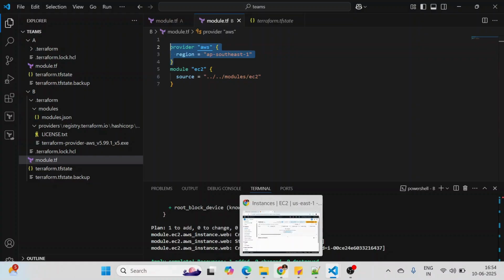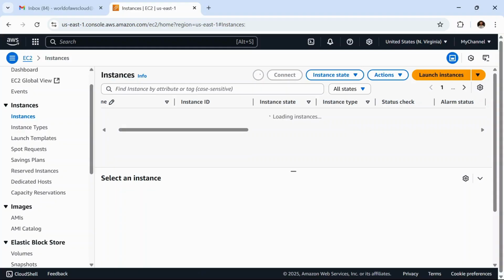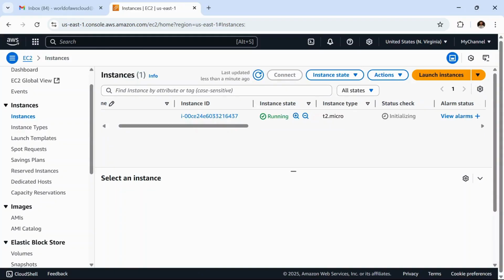If I go to the AWS console and refresh it, as we can see here, the EC2 instance got created in us-east-1.